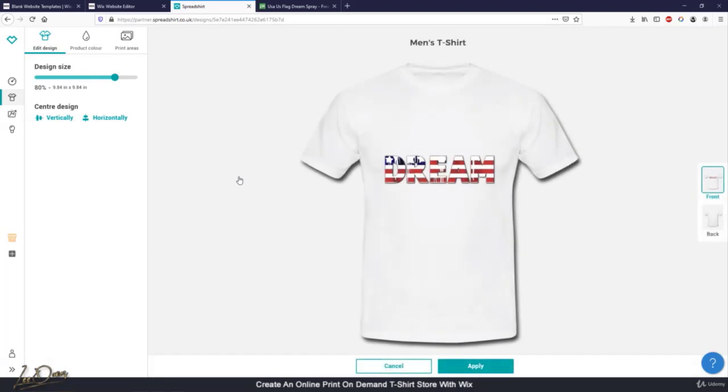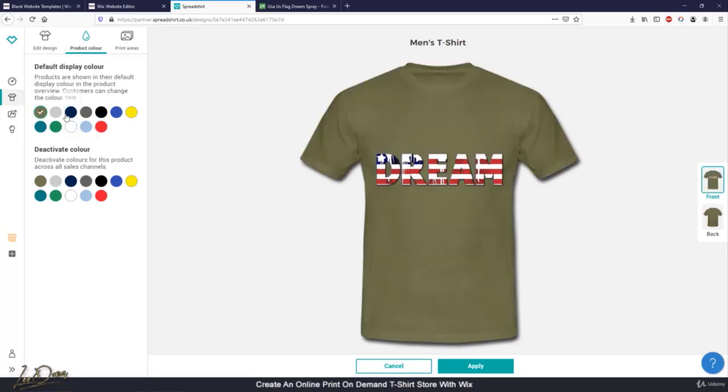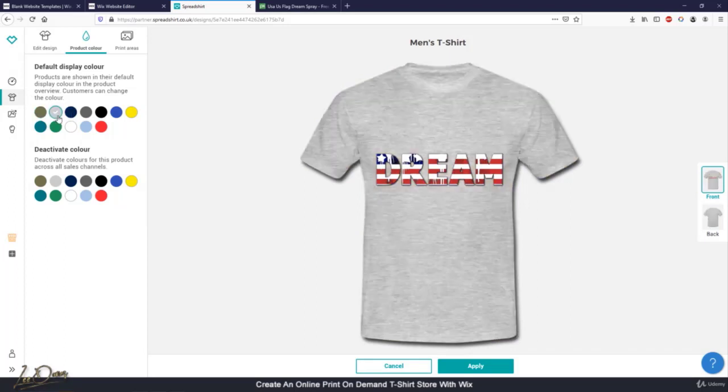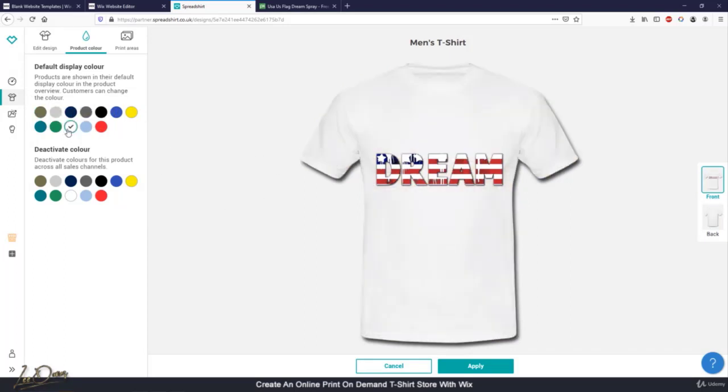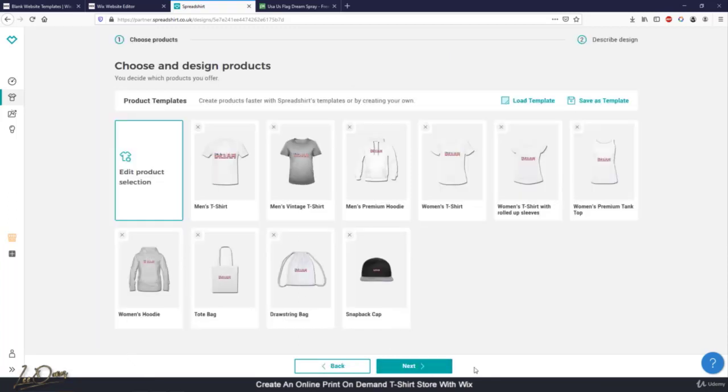Oh, that's really cool. Actually, I'm thinking of ordering that now. Make it a little bit bigger. Actually, let's make it a tiny bit smaller so it doesn't wrap around the sides. We could also change the color, give it like the army kind of look. That looks pretty cool. Gray shirt. Yeah, looks quite cool. There we go. So let's save that. So if we go apply, then go next,